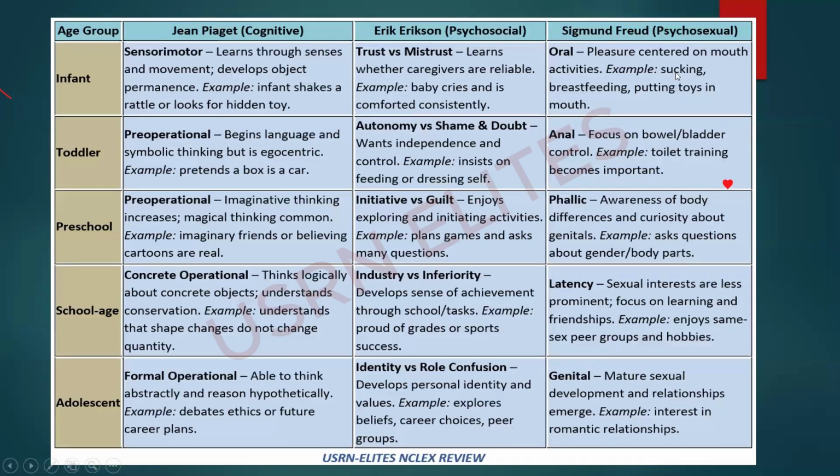So the sucking is there at the oral phase: breastfeeding, putting toys in their mouth. Yes, they do that a lot. The next one is